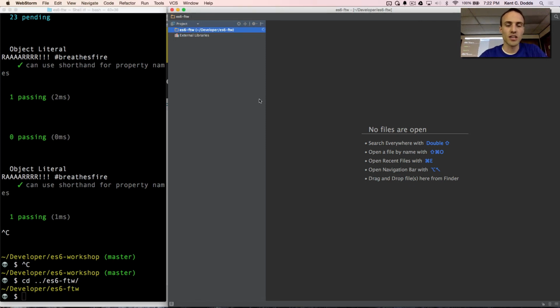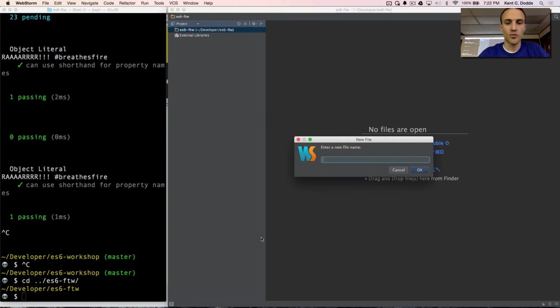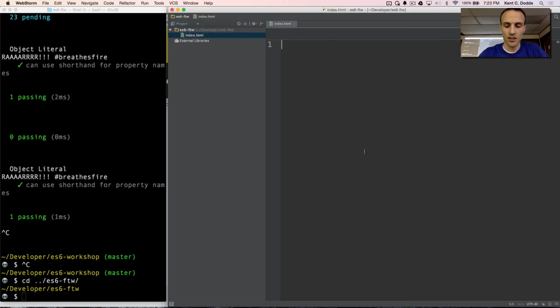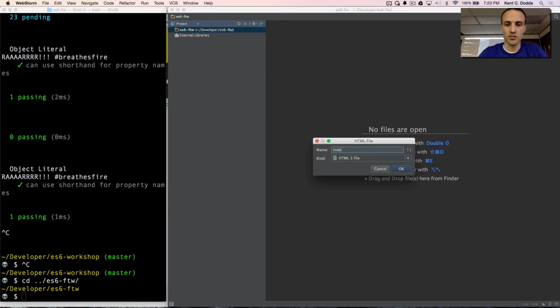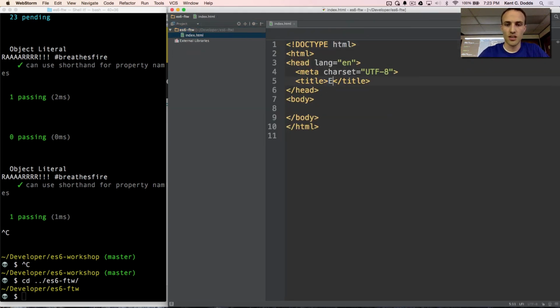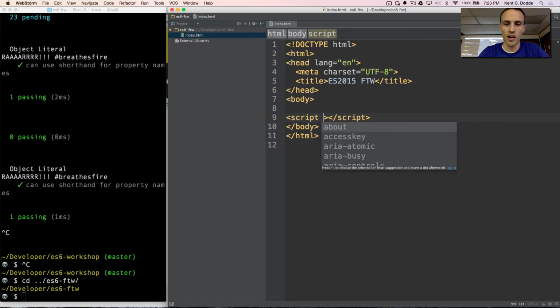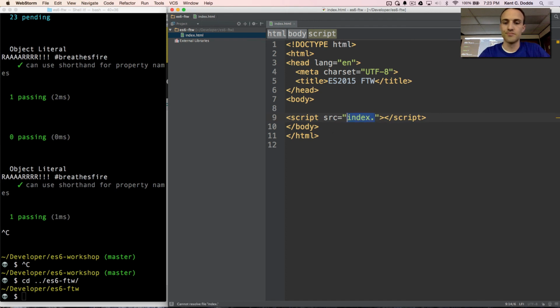There are a couple of things that you have to do to get ES6 working in your project. So we'll just create a file here called index.html. Let's see how quickly I can do this. Actually, WebStorm will give me a couple helpful things. So if I just do index and I say ES6, ES 2015 for the win. And then we'll just add a script here for my source being